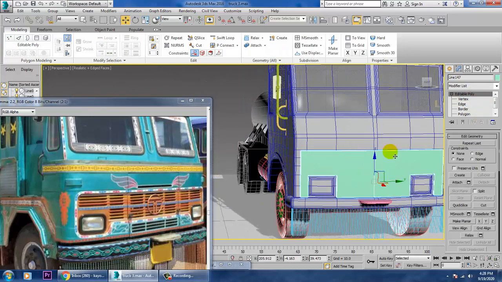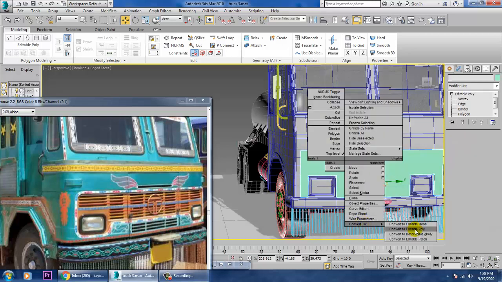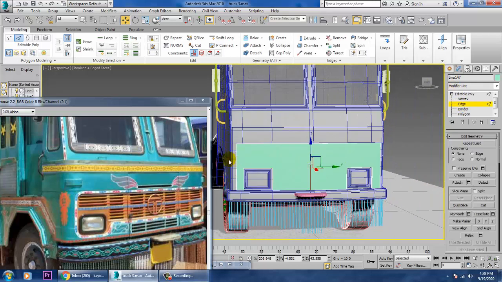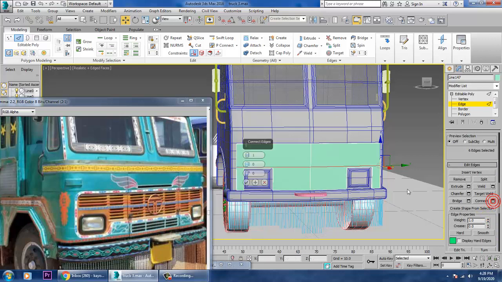So definitely we can go with some of the details over here. So convert to poly again, and let's use an edge over here and let's give some connects to it.